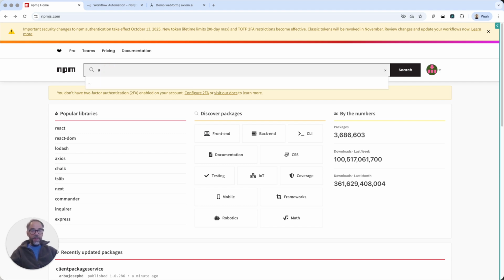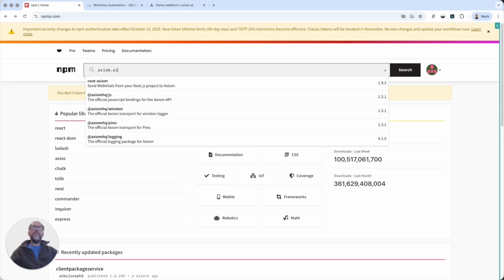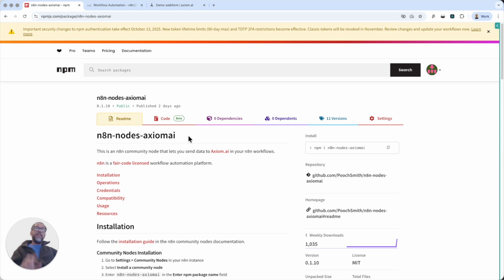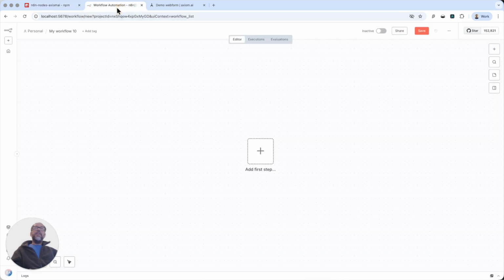Now, if you want to look for the node, you can search Axiom.ai, which is currently being reviewed by n8n and will be available on their site shortly. But you can still install it now, and it's passed the security scans and the code scans. You can just install it by the usual method, cutting and pasting the name, and then you can go to n8n and install it via